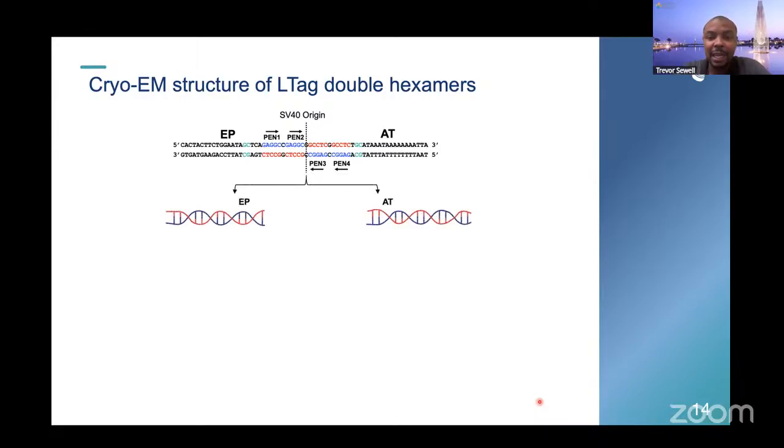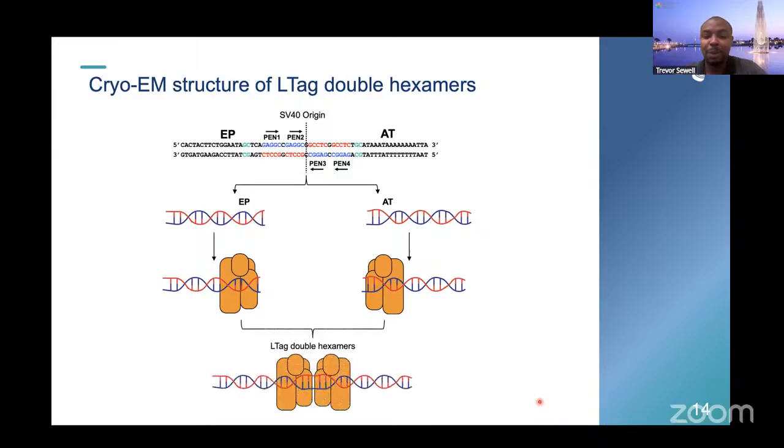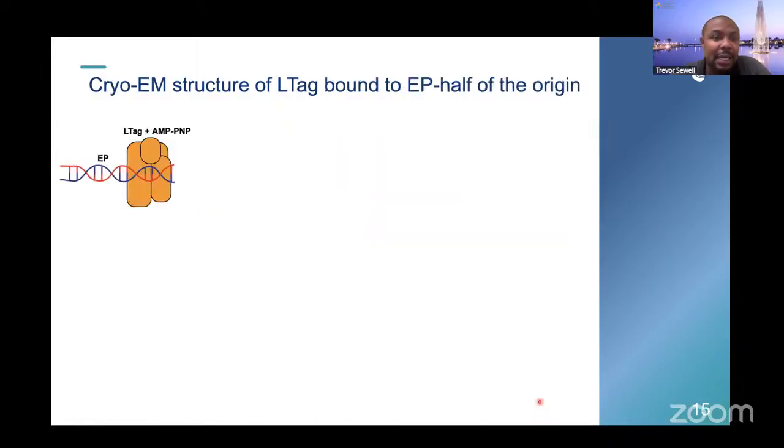We have the EP half and the AT half. And then we assembled a single hexamer onto each half. And then if we do this, we think we can recover the information of the double hexamer from the two split halves. So we did exactly that, starting from